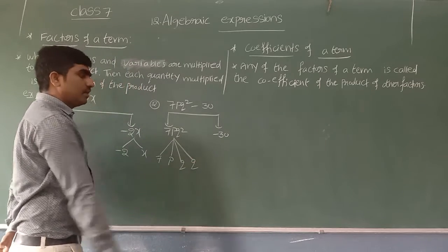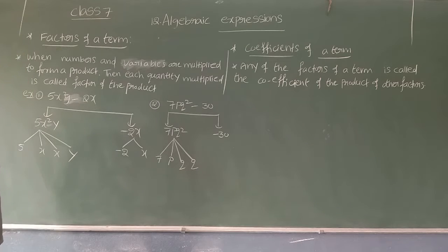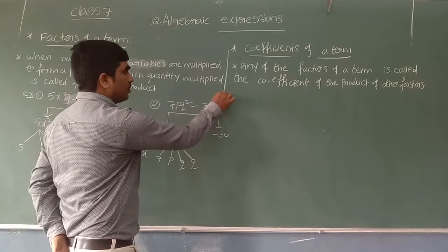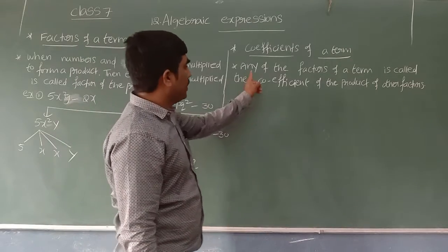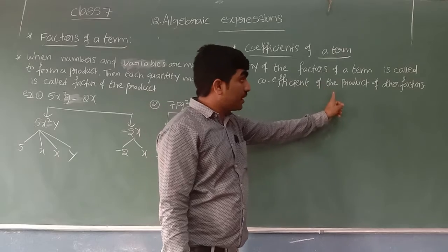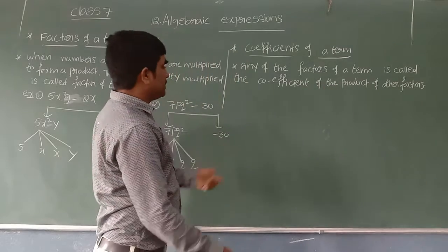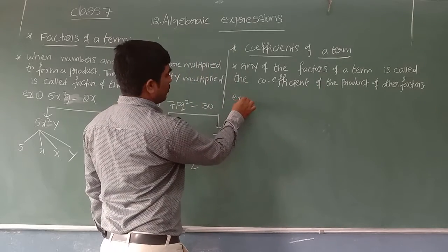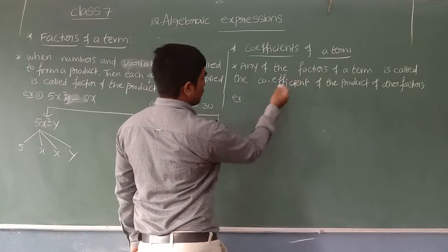If it is constant, stop it as it is. This is the way we can write the factors of a term. Now let's see one more. It is the coefficient of a term. Any factor of a term is called the coefficient of the product of other terms. Let's see this with the help of an example to get more clarity. Suppose you have like this